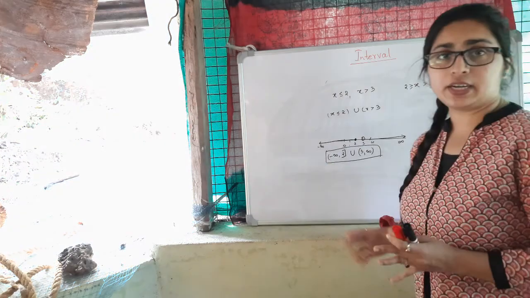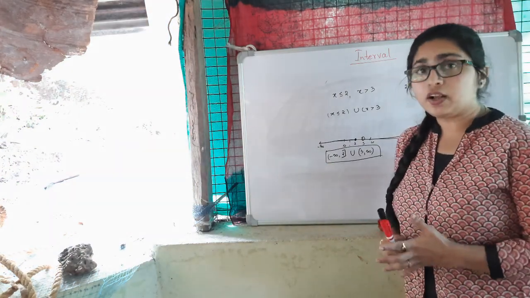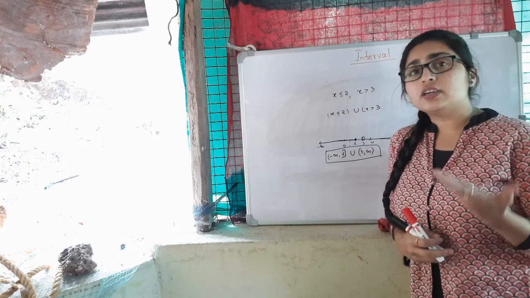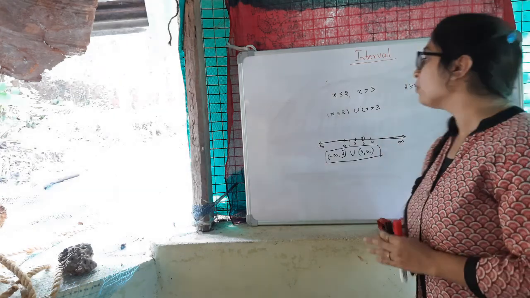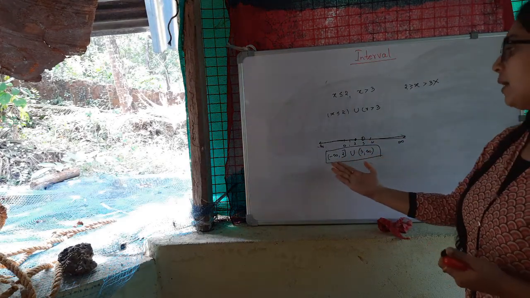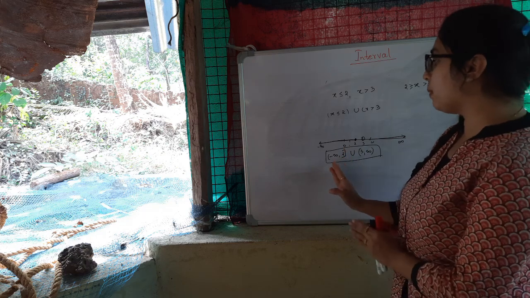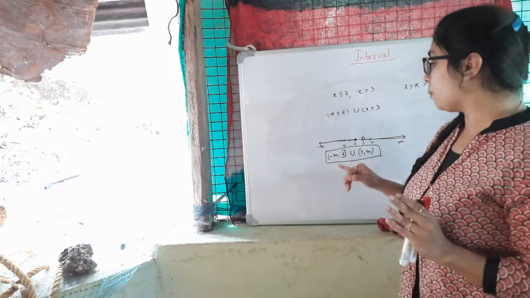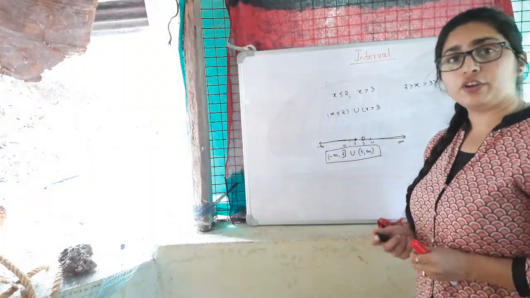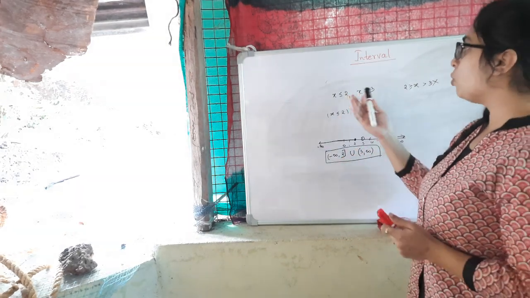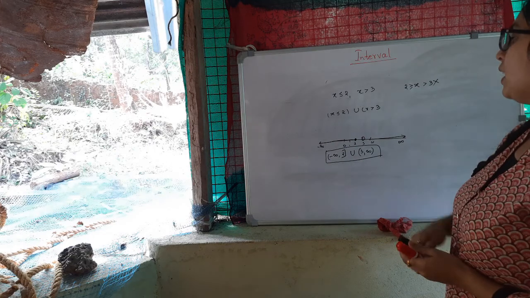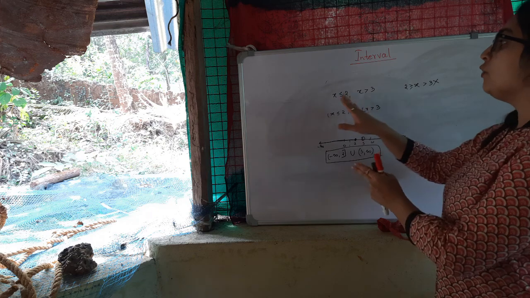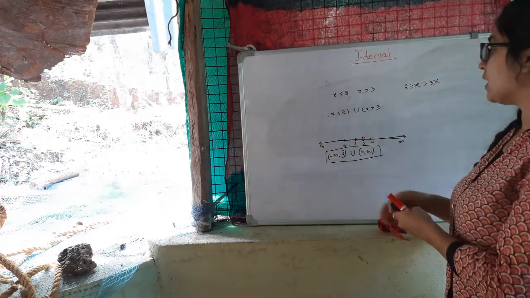So in this video, we studied 3 types of intervals: open interval, closed interval and the semi-open interval, which is also known as half open, half closed interval. Then we studied infinity and minus infinity. We cannot use the square brackets with infinity and minus infinity because we do not know where it is going to end, so better use the open bracket. And for more than one interval, we use the union because for x less than or equal to 2, x greater than 3, we cannot have the two values for x at the same time, right?